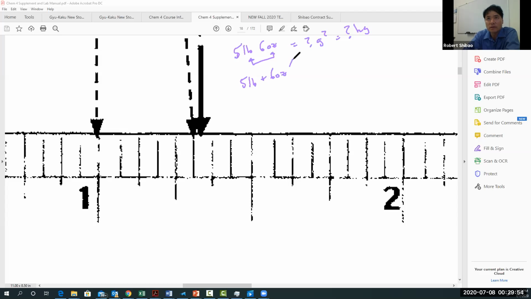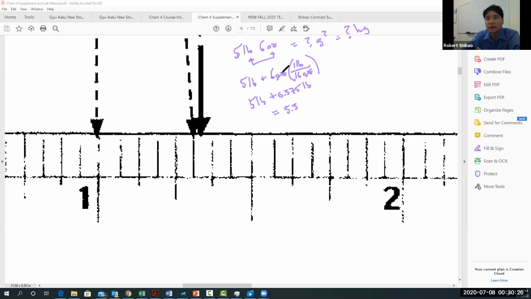Here I'm going to use dimensional analysis to do it. I know that in exactly 1 pound, there's exactly 16 ounces. And so the ounces cancel out, and that tells me how many pounds I have. 6 divided by 16 is 3/8, which is 0.375. So this is plus 0.375 pounds, and this is 5 pounds. And so this is going to equal 5.3